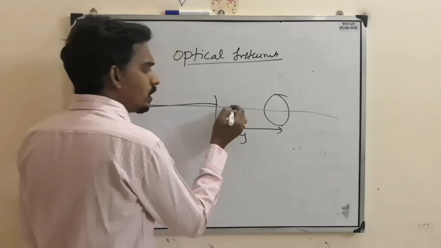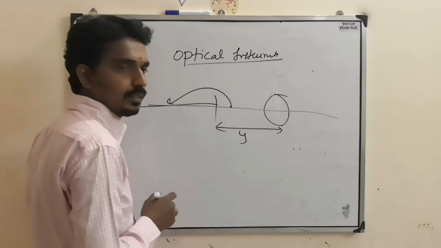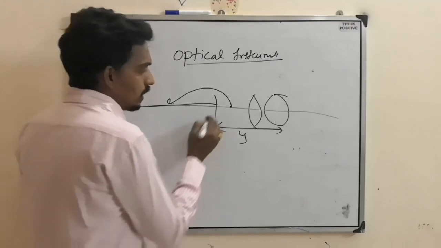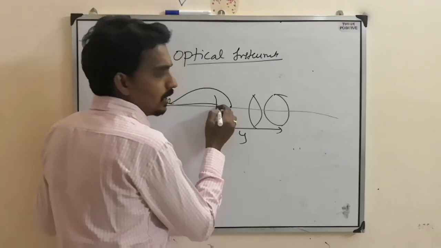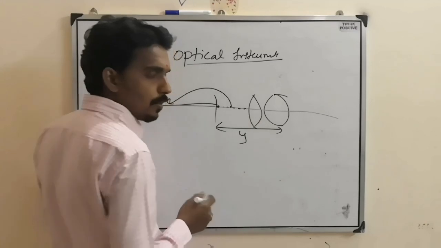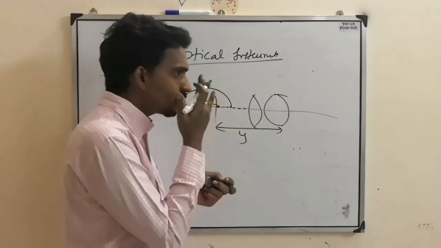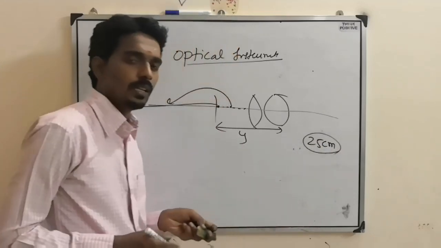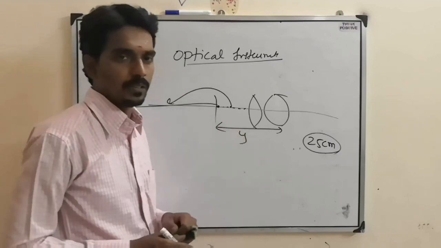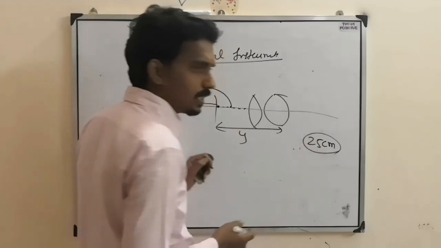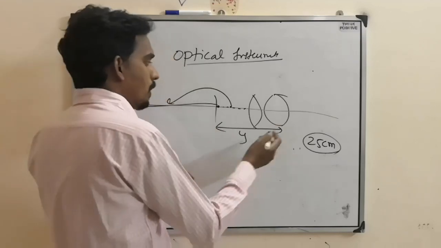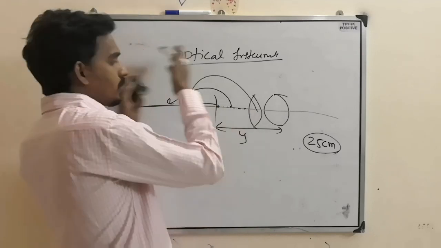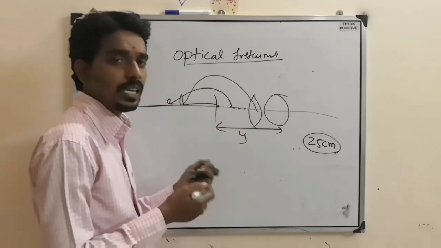So now what you have to do is shift the near object to far. Then we will arrange a convex lens. But if you consider the human eye, the nearest distance you can see, for a normal human, is 25 centimeter. We call it the least distance of distinct vision. So if the object is at this distance and you can shift it beyond this level, then you can get all the objects shifted beyond this, so that you can see clearly.